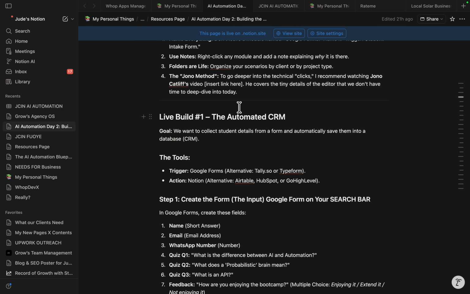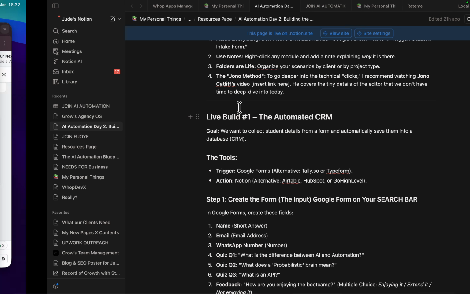Even schools make use of all these things, automations. In this particular case, we want to see it as a class where we need to get the details of people attending live right now. So we want to get their details from a Google form and send it into a CRM, which is a database. When you say database, it is where you store details. So we want to collect their details and save them somewhere.